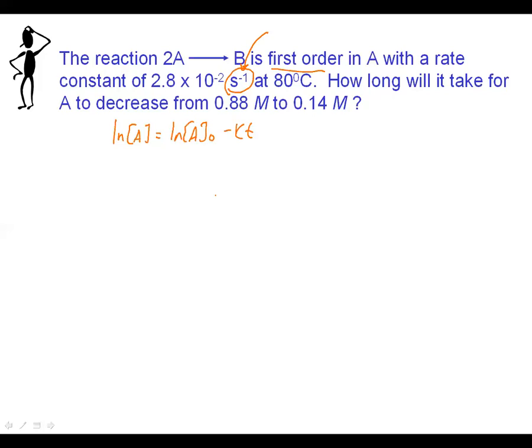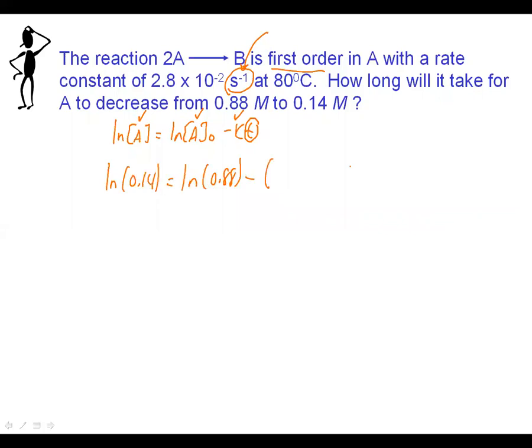So 0.88 is our initial, 0.14 is our final, and we are looking for t, and we do have k. That would give us the natural log of 0.14 equals the natural log of our initial minus the k, which was given to us,